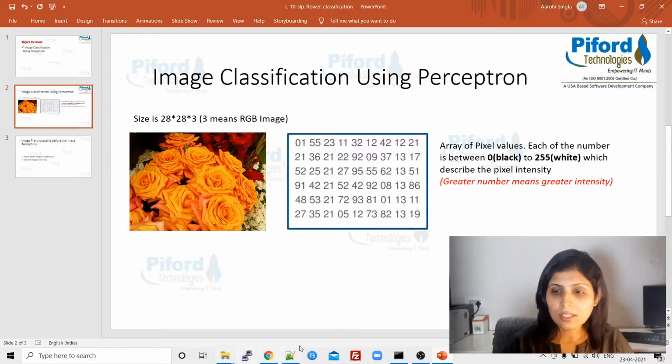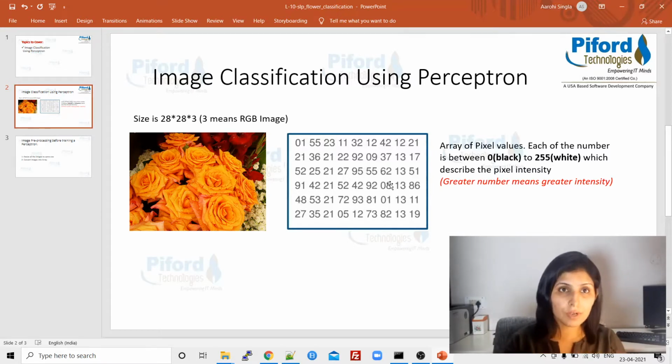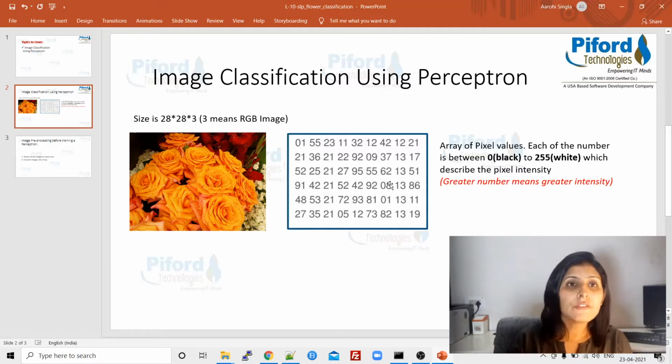See guys, let's talk about this example first of all. This is one image and we can finally tell this is an image of roses. These are flowers, right? We can say it. But how does the computer see this image? The computer will see this image something like this, with an array of pixels. Means we visualize the image in a different way. When we see it, we can directly tell this is a rose, right? But the computer reads that image in the form of an array of different pixel values.